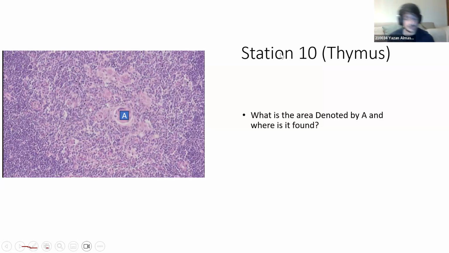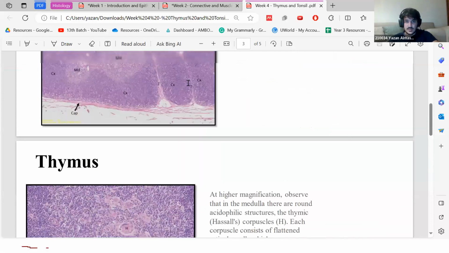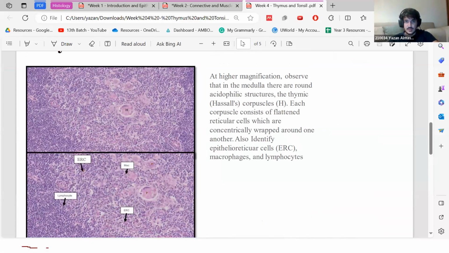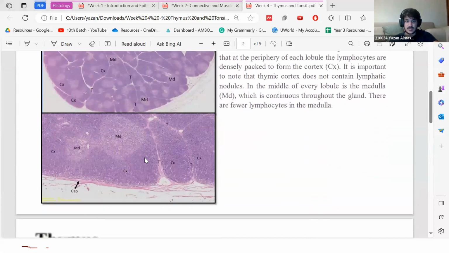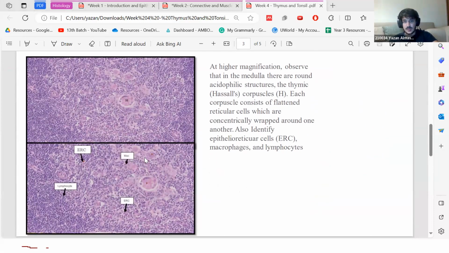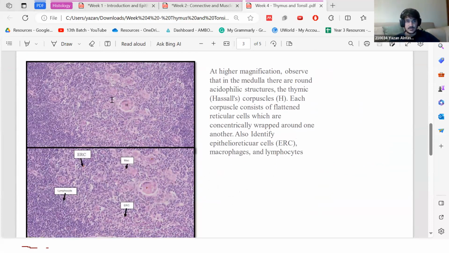Okay, so before you guys freak out, if you didn't recognize this, I'll show you this on the slides. In the thymus here. You can see my screen, right? I'm sharing the whole thing, right? Yes. Okay, perfect. So this is the thymus. They will show you this is the thymus and they zoom in, okay? There are multiple things you should recognize in the thymus. They might ask you about at least this thing, the small circle, is known as Hassall's corpuscle,